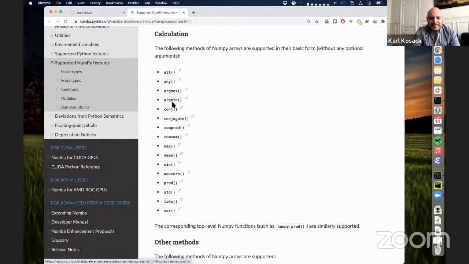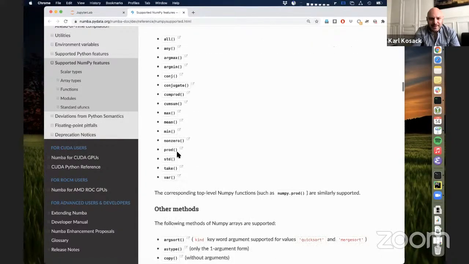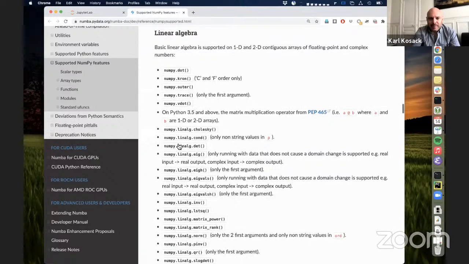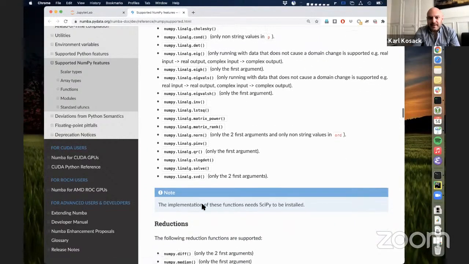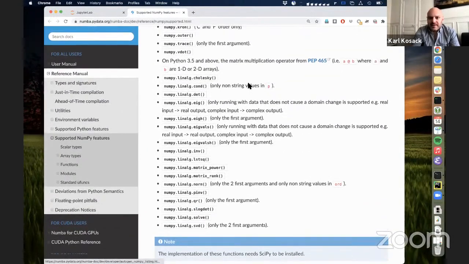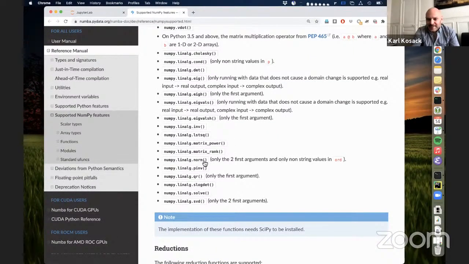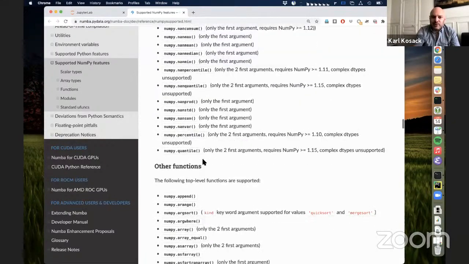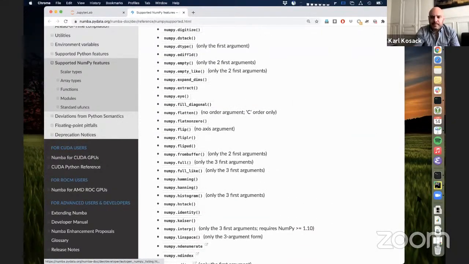So things like cumulative sum, conjugate, cumulative product, flatten, ravel, most linear algebra operations, though not all of them. And you'll notice a lot of these have caveats. They'll say things like only non-string values, or only the first 2 arguments of this function. So sometimes there are arguments that are just not supported. So it isn't a full implementation of NumPy, but you can do most NumPy functions.